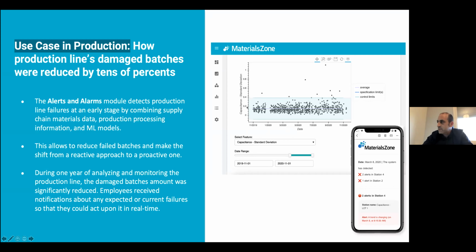The system will build a model in memory that tracks the trends. If it identifies something strange, it will send an email to the users so they know that something is going wrong, and they can act upon it, whether they need to stop the production or just fix something as it moves. So this is really useful.